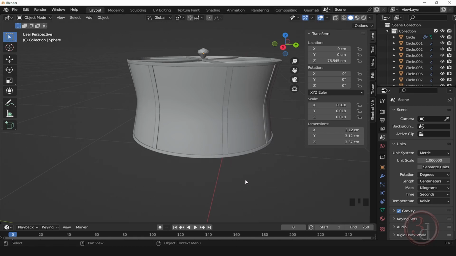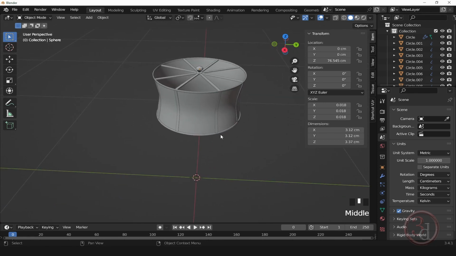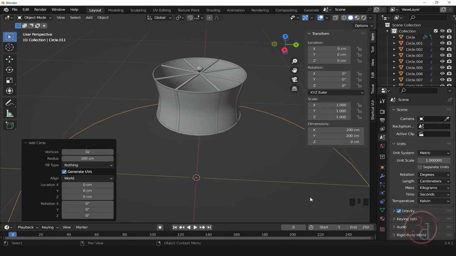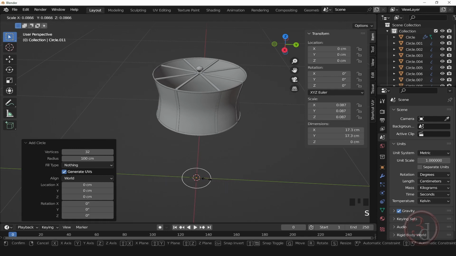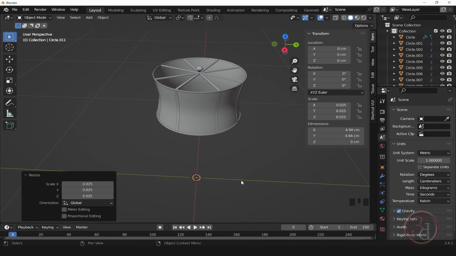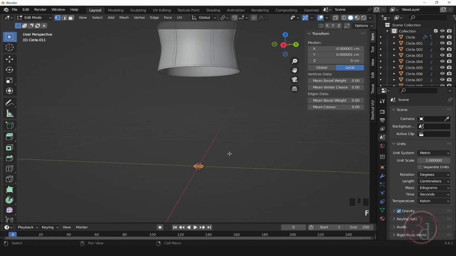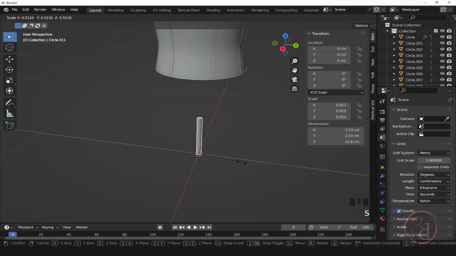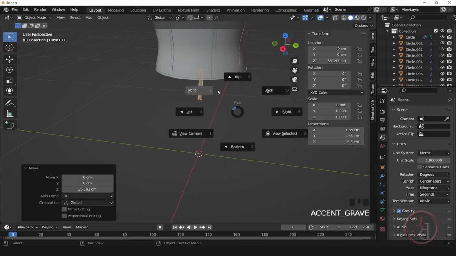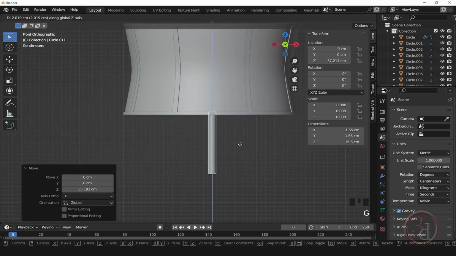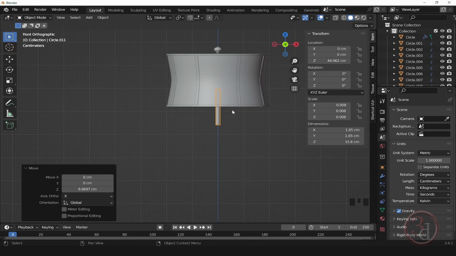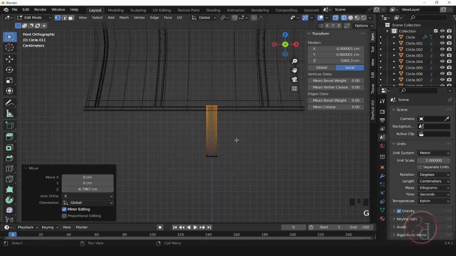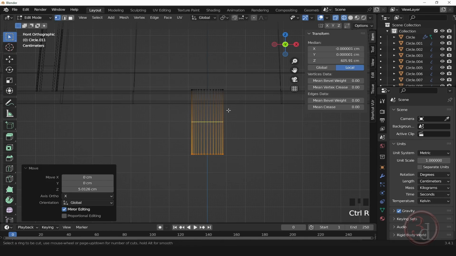I'll create a mesh circle to start. Shift A, and I'll create a circle and scale it down. Yeah, scale it down, and then press tab, and then press F to create the face, and then E to extrude. Okay, this is very thick, so I'll scale it down further, move it up in place. In my front view, just push it up further, somewhere here, and I'll zoom in, press tab, and in my wireframe view, just push it down just a little bit, raise this up, and then I will add more detail,